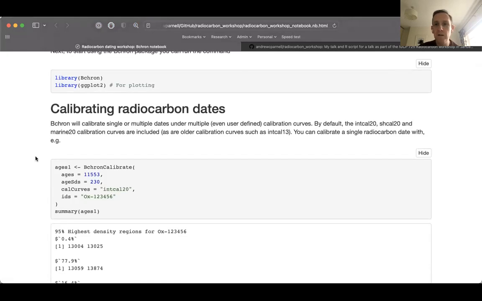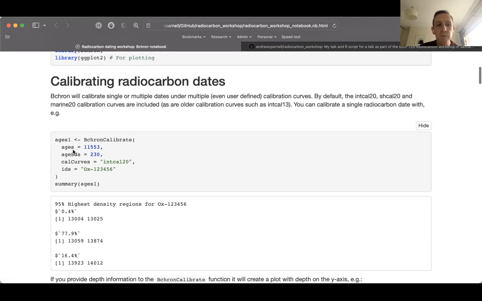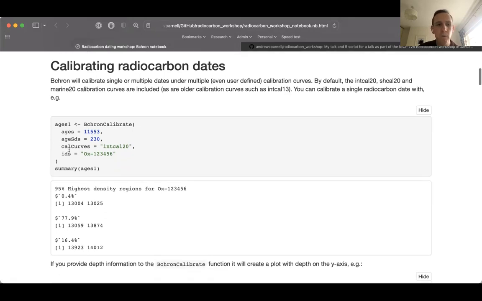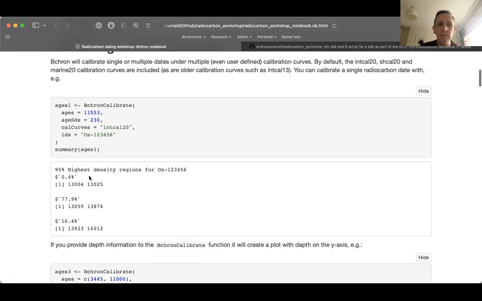So the first thing that Bchron does is that it calibrates radiocarbon dates. It includes the latest calibration curves, but you can have older calibration curves if you want to, or you can even create your own user-defined calibration curves if you want. Here I've calibrated a date that I've made up, which I've called OX123456 for its ID. It's 11,553 years ago with uncertainty 230, but you can play around with these. It produces a highest density region. So remember, it's not a normal distribution, so it's not just got one confidence interval. It will actually break the confidence interval up into segments